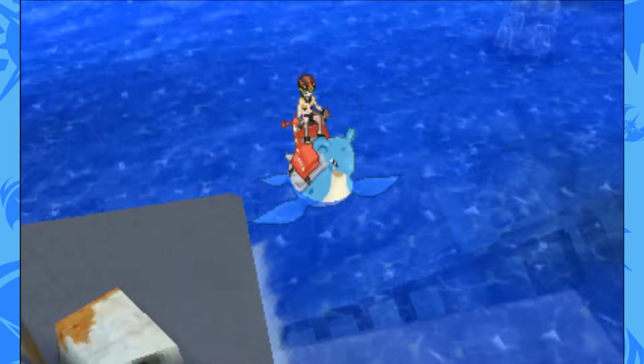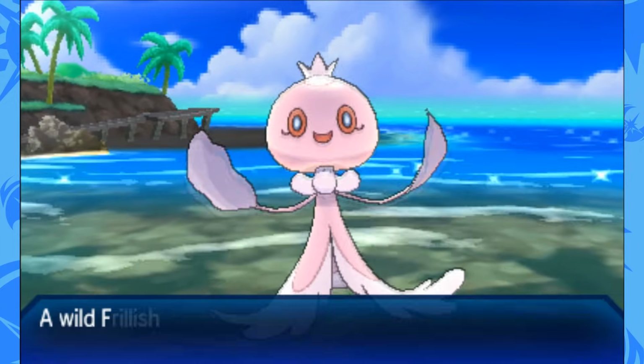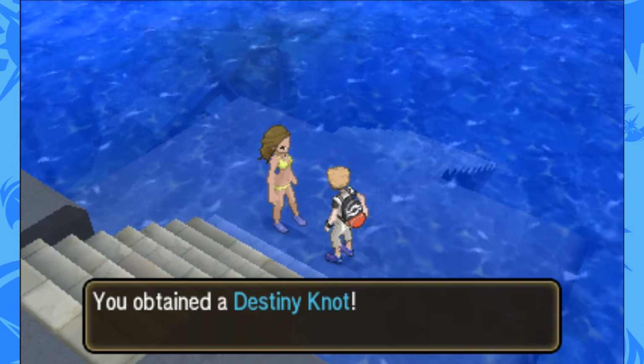All you have to do is go to Route 14, surf on the water, and you'll see a woman getting attacked by Frillish. Save her by defeating one of the Frillish, and then she's going to reward you by giving you the Destiny Knot. Breeding with the Destiny Knot sounds really simple when you have 4 IV Pokemon, but 4 IV